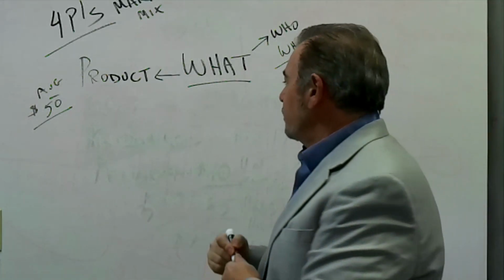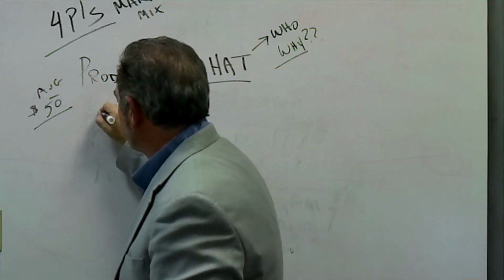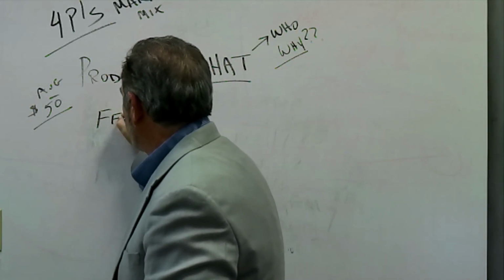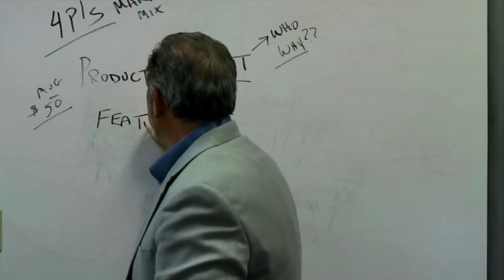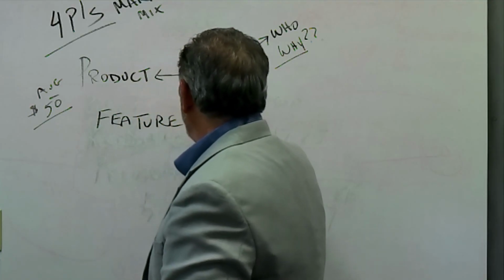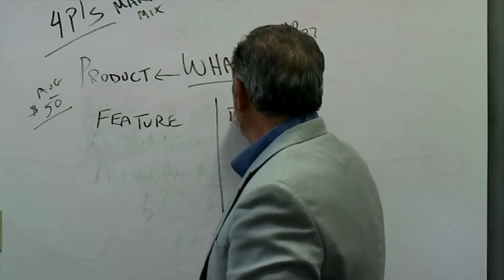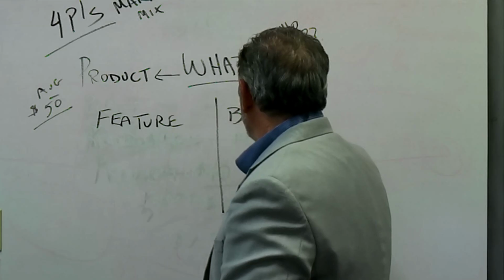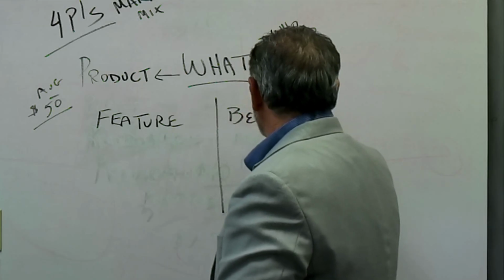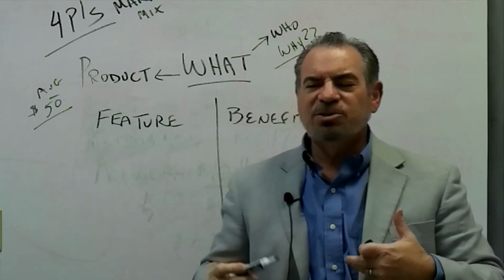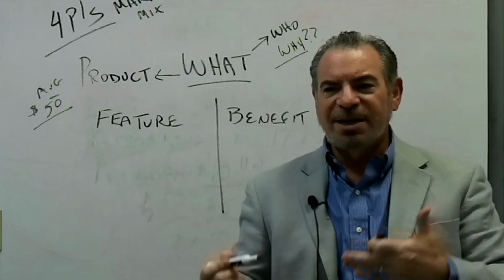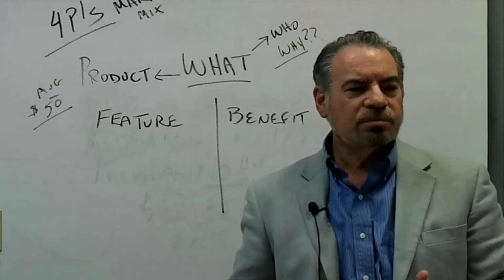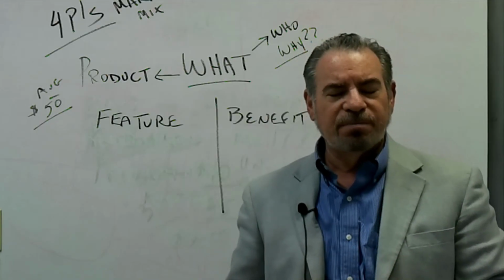Let's talk about a product feature. And then from a feature, you get a benefit. Okay? Now, as you start processing this and you start writing these words down and you start building your description,